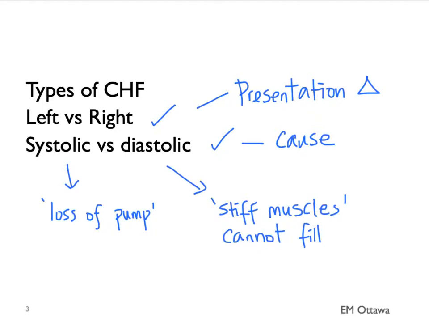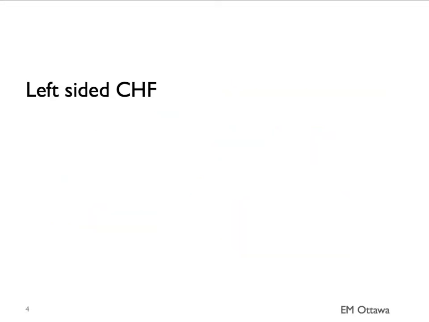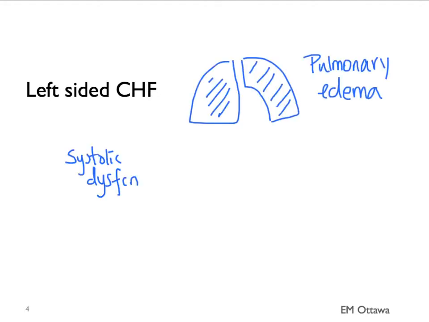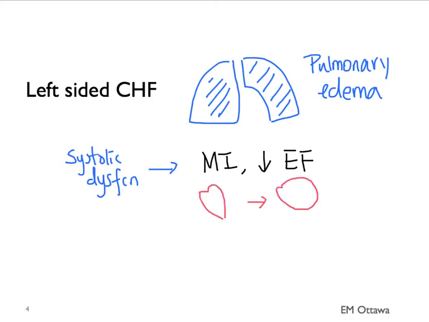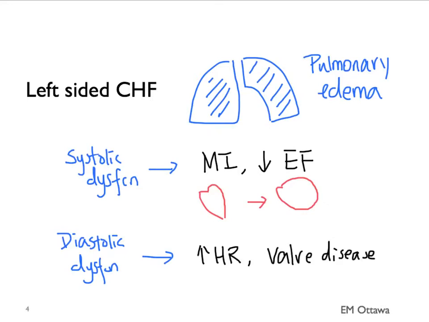slow to fill. Left-sided congestive heart failure presents as cardiogenic pulmonary edema. The most common reason is from systolic dysfunction. It mostly stems from decreased ejection fraction from previous ischemic heart disease. It can also happen from dilated cardiomyopathy. Left-sided diastolic dysfunction is less common. It can be caused by tachycardia, valvular disease, in which the myocardium is unable to relax and therefore the ventricle